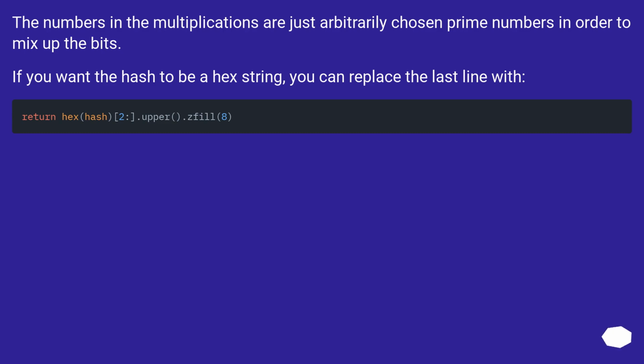The numbers in the multiplications are just arbitrarily chosen prime numbers in order to mix up the bits. If you want the hash to be a hex string, you can replace the last line with